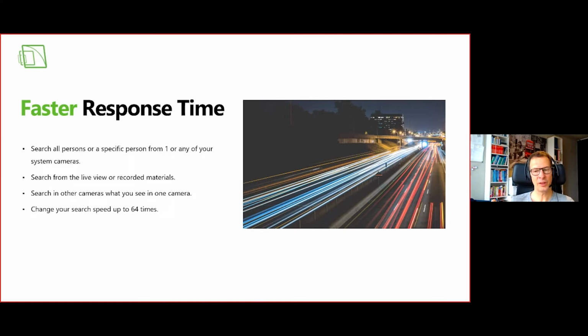hardware that you are using in the client, it is client based, honestly, and we're using the GPU of an NVIDIA card. The better the GPU of the NVIDIA card is, the more speed you have for search and the more cameras you can search. So just to mention, we have some benchmarks with what video card we can run, how many cameras at the same time, what is the GPU load, what is the CPU load, etc. And the system is automatically also managing this.